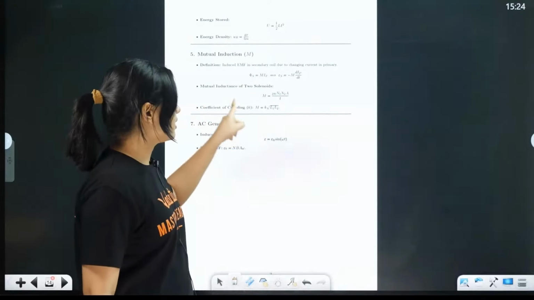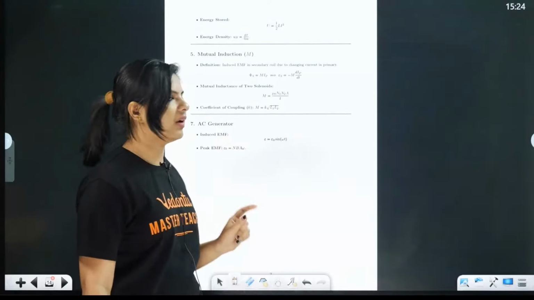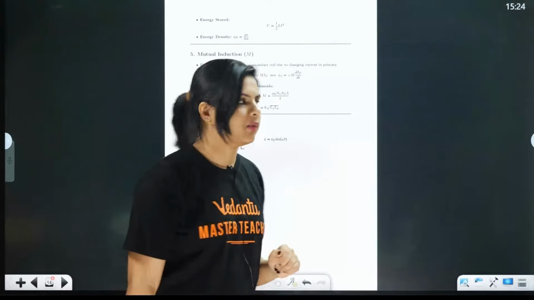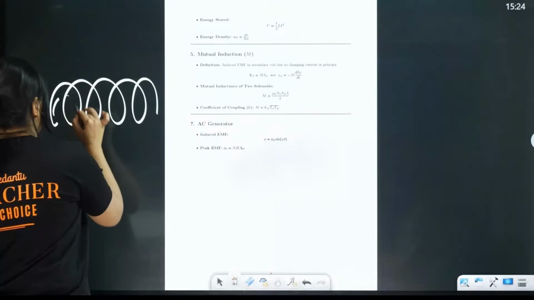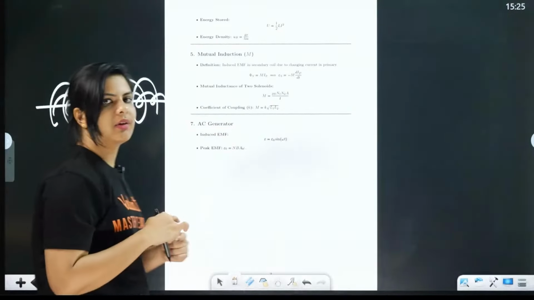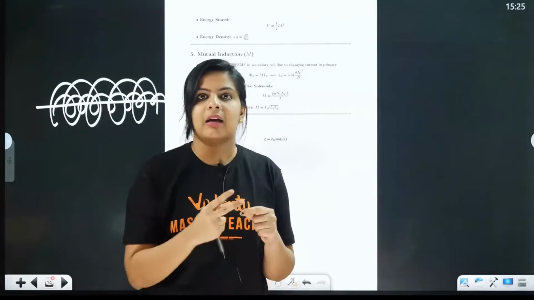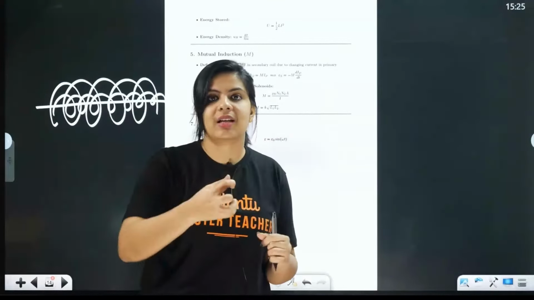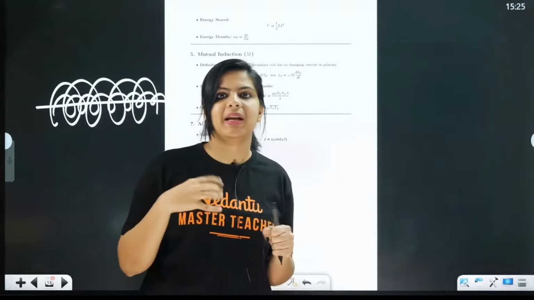Next, the mutual inductance of solenoids, which is important: M is equal to mu naught n1 n2 A divided by L. Next, the coefficient of coupling. Let us say we are keeping the solenoids like this, one here and another one I'm just keeping inside. This is what we are calling coaxial. If we give current to either solenoid, the magnetic field lines will pass through the second one completely, so the induced EMF will be produced and utilized properly, using the field lines completely.